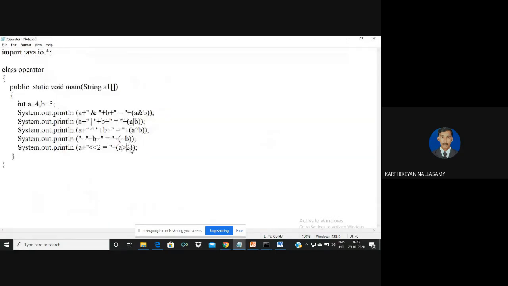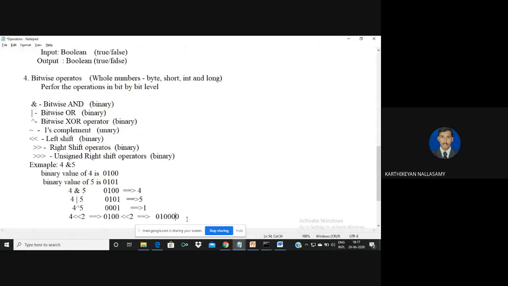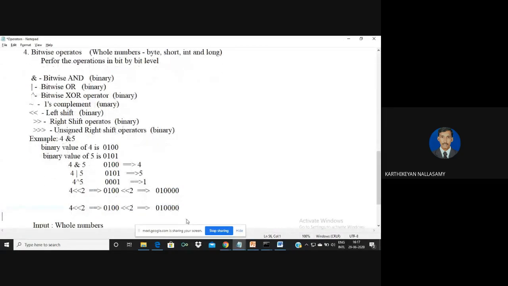In case it is greater than 2, that is, if I'm going to apply the right shift operator, clear? If I apply the right shift operator, I'm going to remove the last 2 bits of the representation, including the sign bits. I hope you understood.